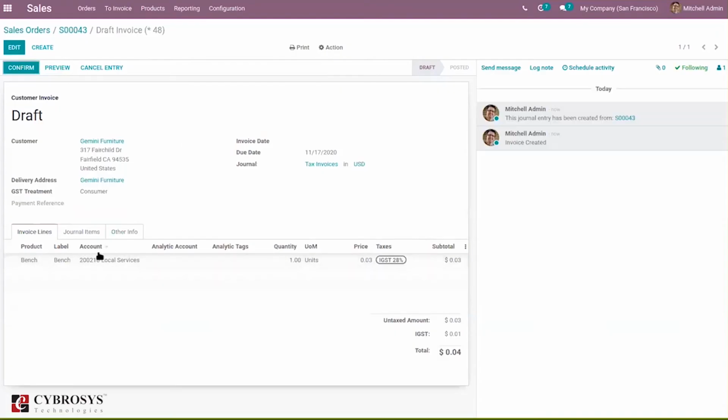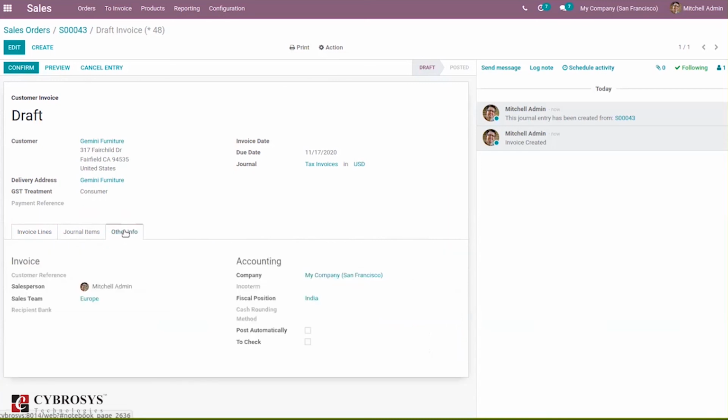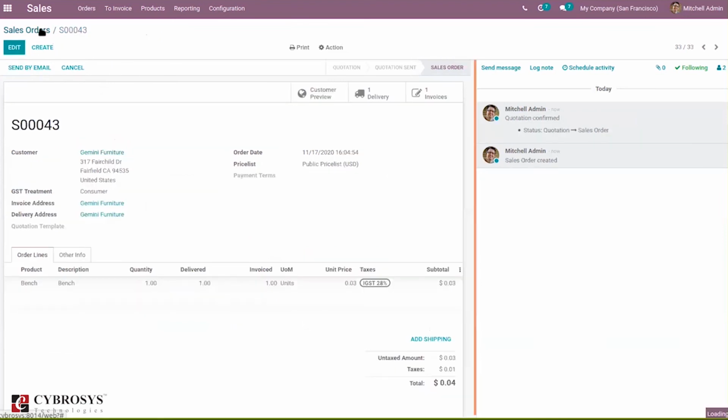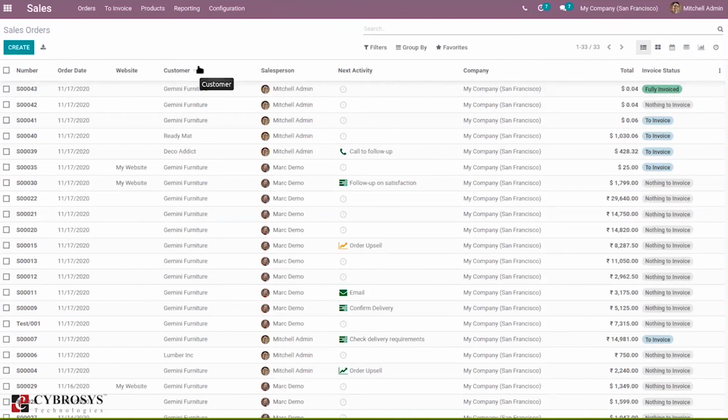Here you can see the income account is mapped from local sales to local services. So this is how account mapping is done by using the fiscal position set on the customer. So in the same way, we can also change the fiscal position inside the invoice. From here also, we can manually change the fiscal position under the other information tab in the draft invoice. So it is so easy to map taxes and accounts from the default to another one by using fiscal position.